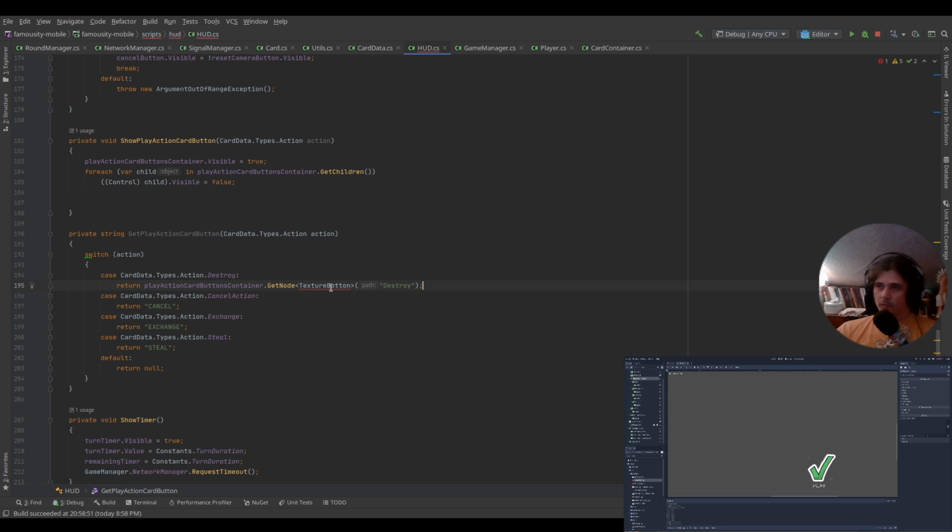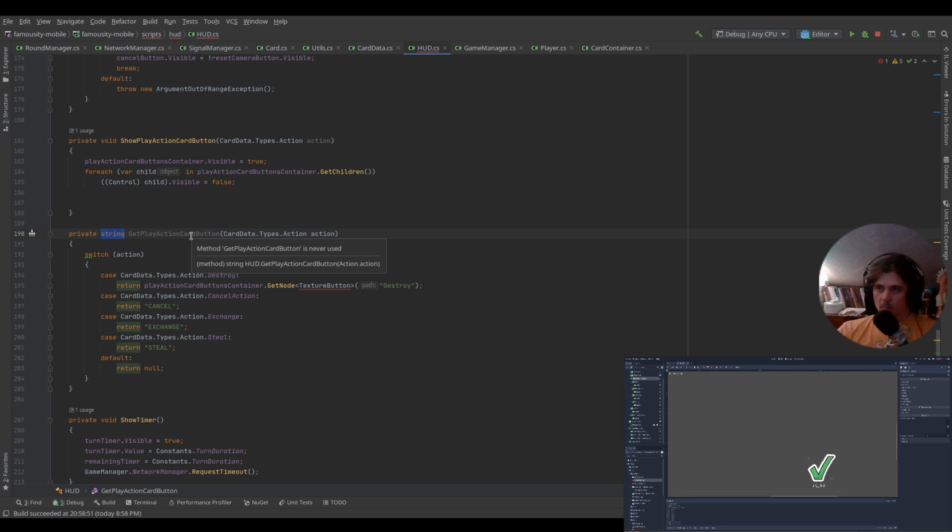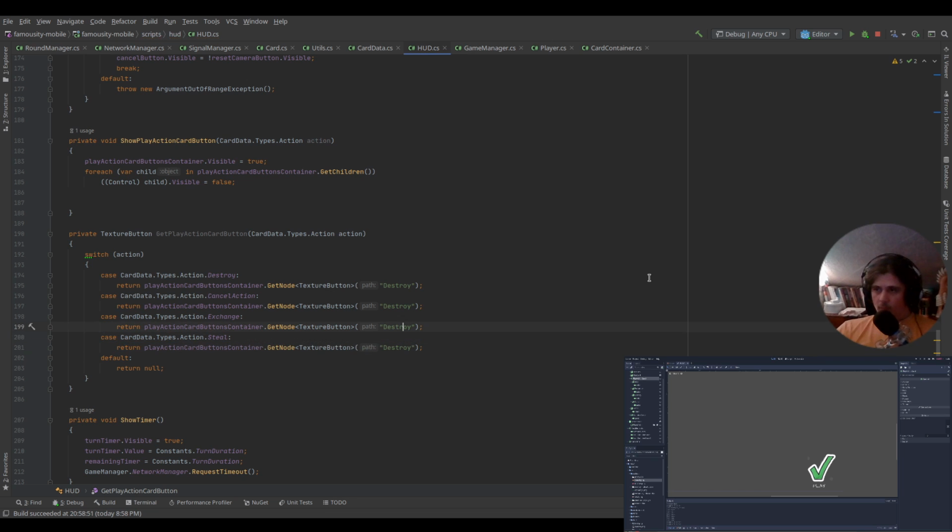So we will find the child. No string. We need to return control. Actually, texture button is fine. Yeah. So we are basically returning the proper button from the container based on the